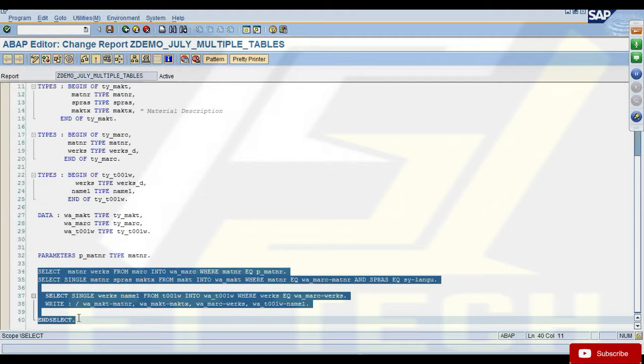With internal tables, you can actually get the data from the database in one hit, and then you can work with that data locally. So if you want to process that data 4 times, you don't need to hit the database. You already have the data in your internal table, so just use that data any number of times that you need in your program. Okay, so there are advantages of using internal tables from a performance point of view. So today we'll discuss these internal tables. So we'll start with how to define an internal table and how to use that internal table in your program. Okay.